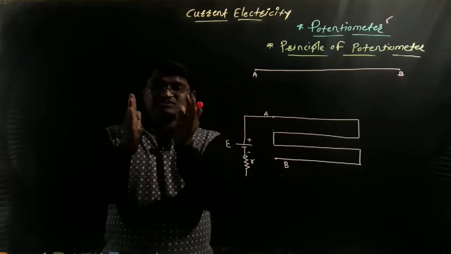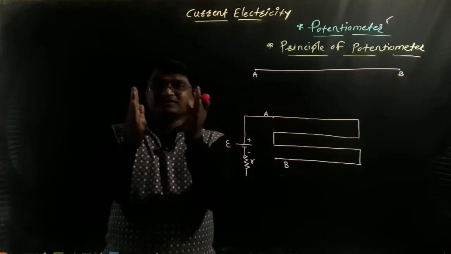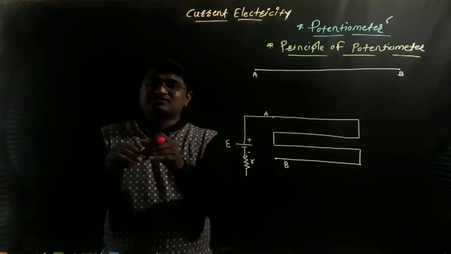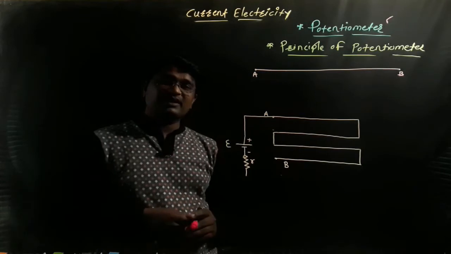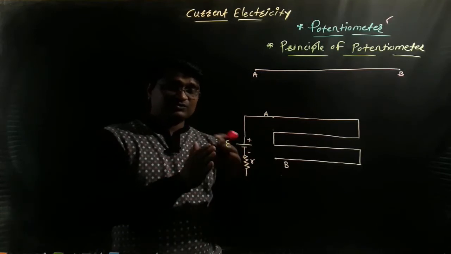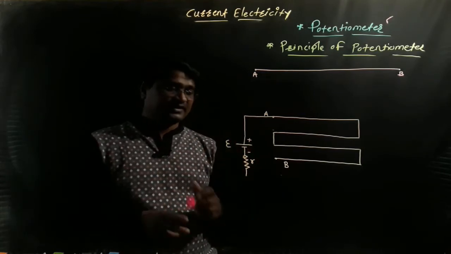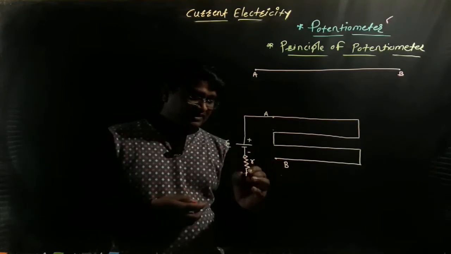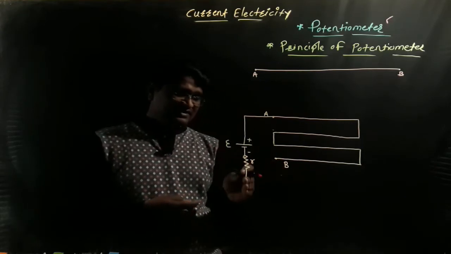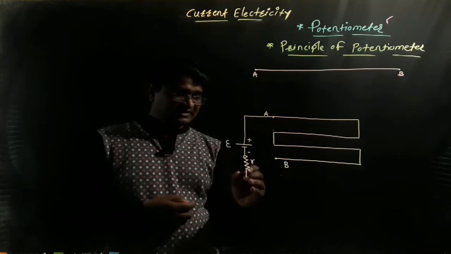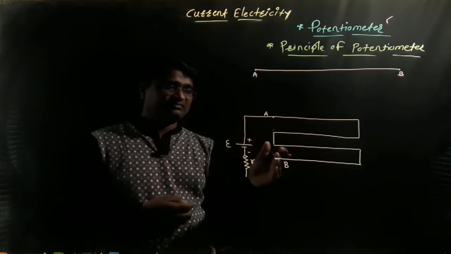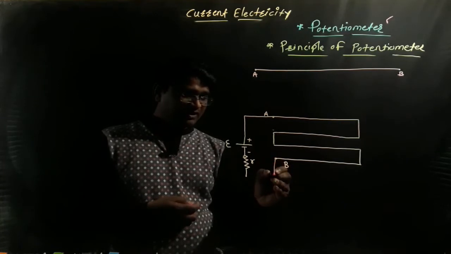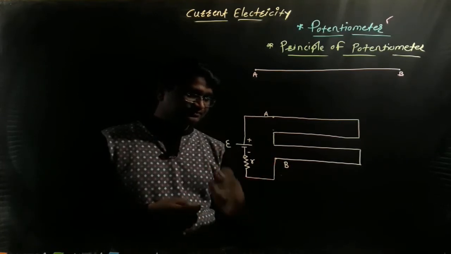When the charge moves from positive to negative, the cell has an internal resistance, denoted by r, which is very small. Many times a rheostat will be connected here, but it is not necessary for the rheostat to be connected between the points A and B. So this point B will be connected directly here.